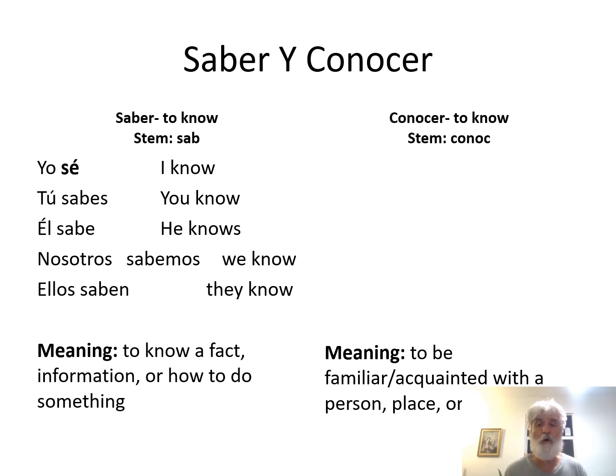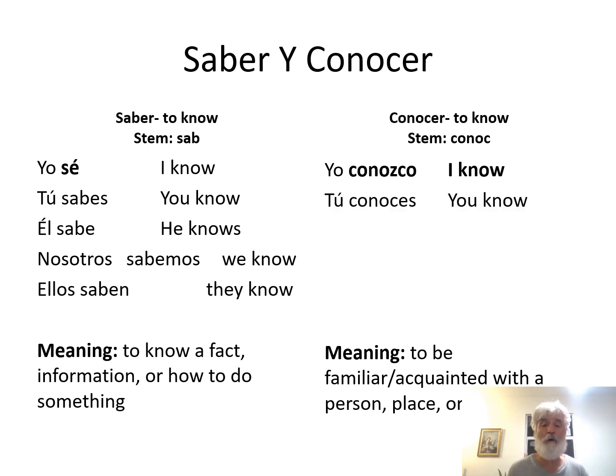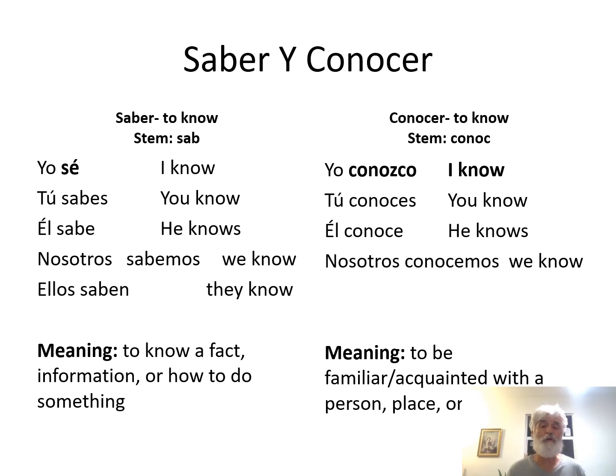Now let's look at conocer. Again, conocer is irregular in the yo form. You must learn it. Yo conozco, I know. Tú conoces, you know. Él conoce, he knows. Nosotros conocemos, we know, and ellos conocen, they know. Now, what does conocer mean? It means to be familiar with something,